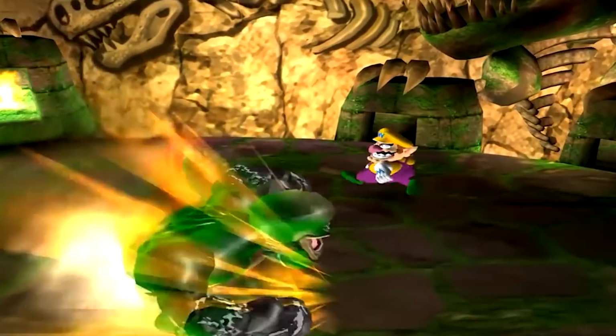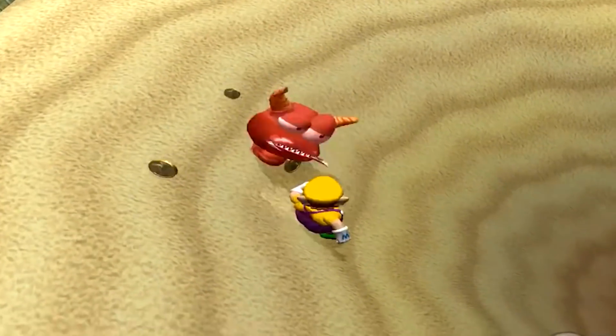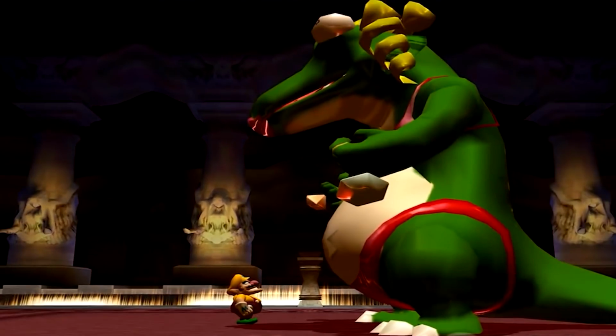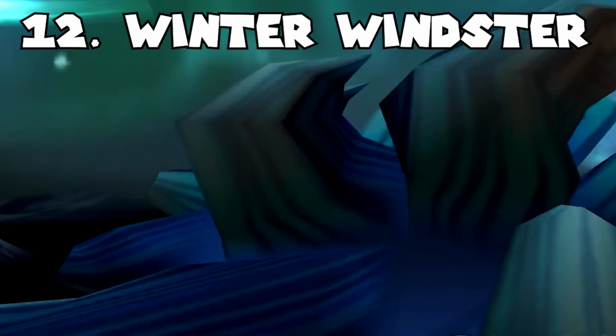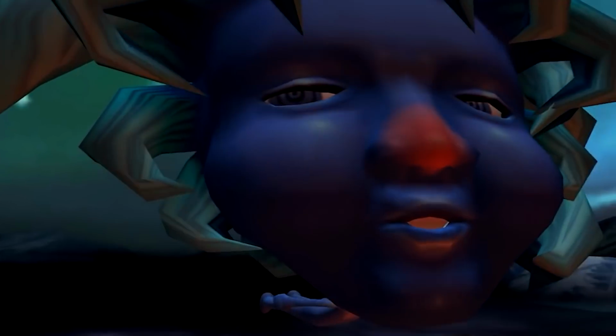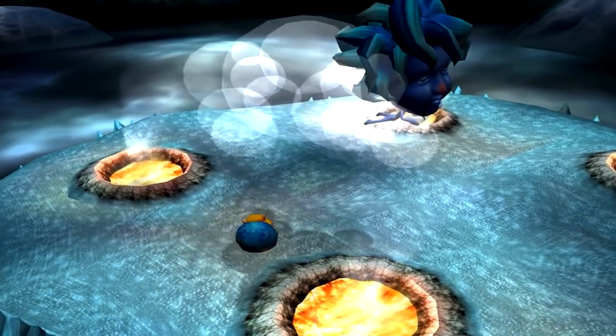If you guys have ever played the incredibly wacky Wario World GameCube title, then you're probably aware of the strange enemies and bosses from this game, including the creepiest one of them all, the Winter Winster. This crazy looking creature has an enormous head with a really tiny body, and can randomly float around the stage,